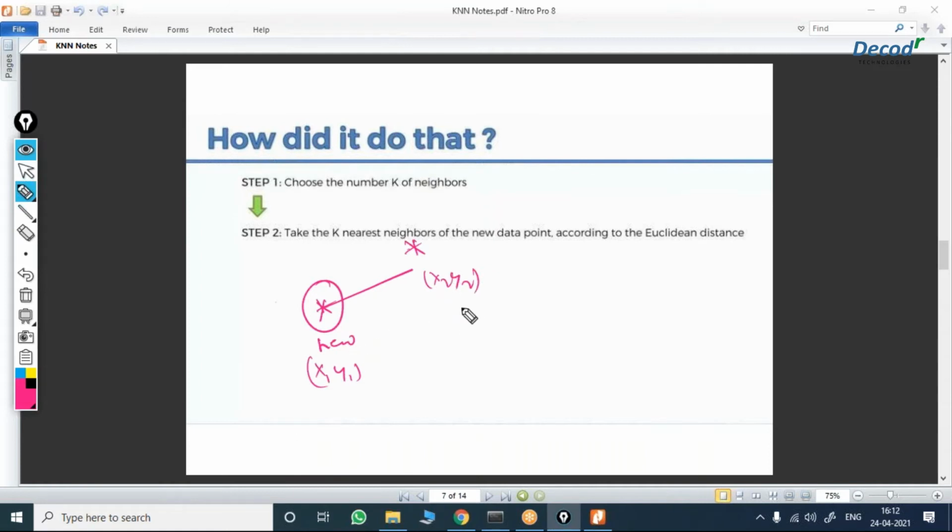So the distance between 2 points is nothing but the square root of (x1 minus x2) whole squared plus (y2 minus y1) whole squared. Simple. This is the distance formula. In geometry, we have studied this in our schooling, the distance between 2 points. So it is the same. It is x1, y1 point and this is x2, y2 point. You are just finding the distance between 2 points. This is called Euclidean distance, as simple as that.